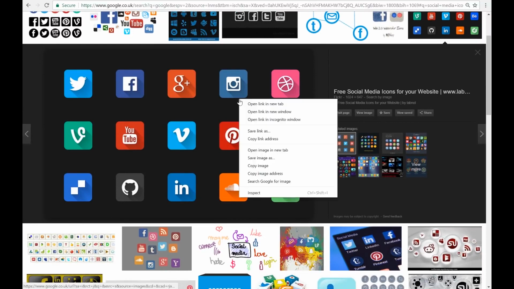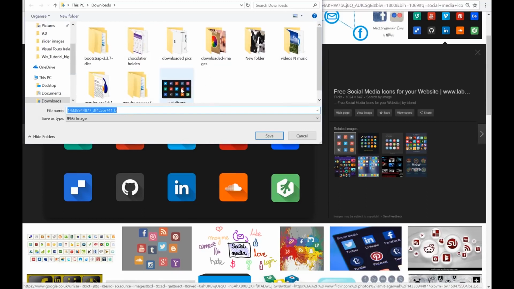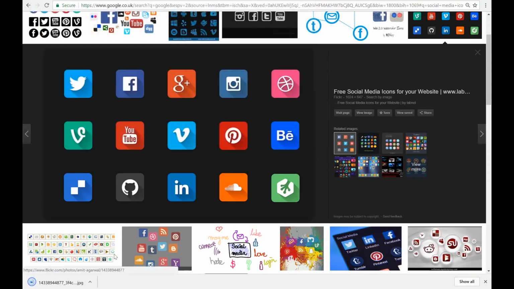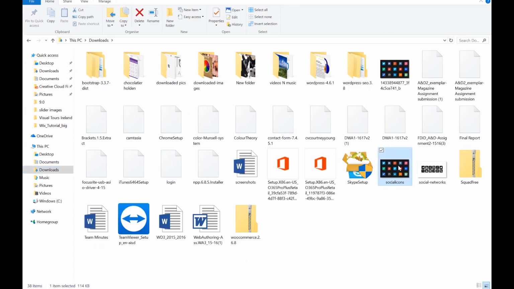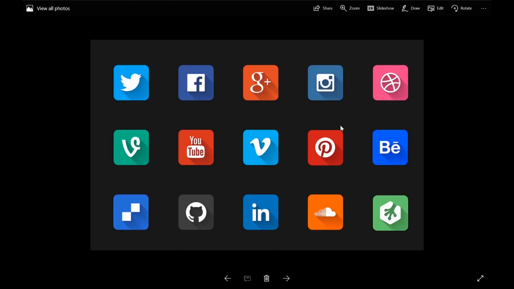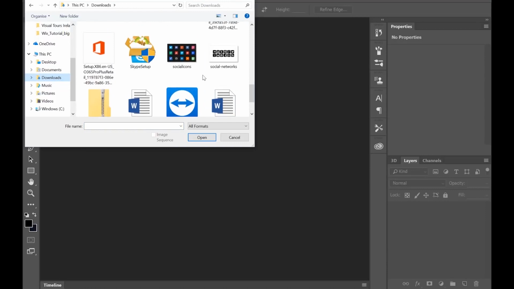So if we save this image, right click and save image as, and right here you can see I've already added these. I just renamed it. Make sure it's save type as JPEG or PNG. If we just click save, it will save the icons to our downloads, and in our downloads we have the social icons right here. So I'm just going to open the social media icons in Photoshop,